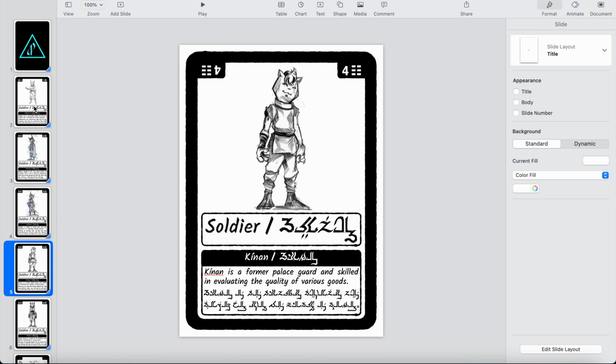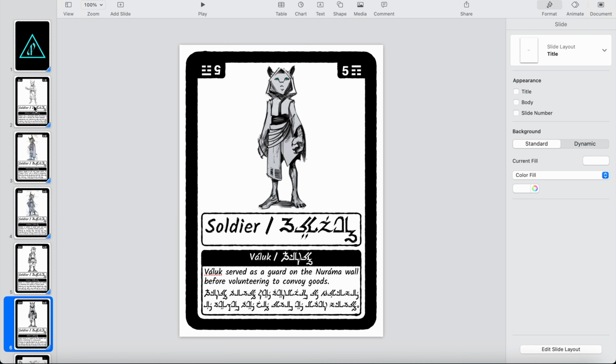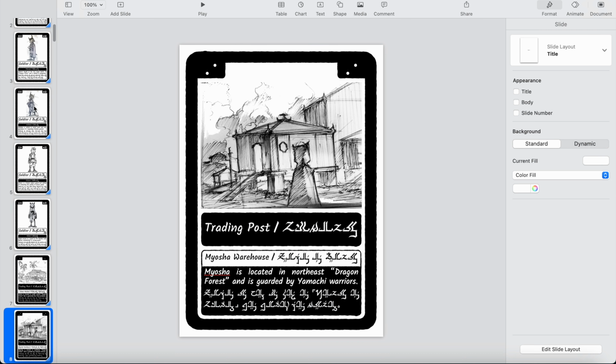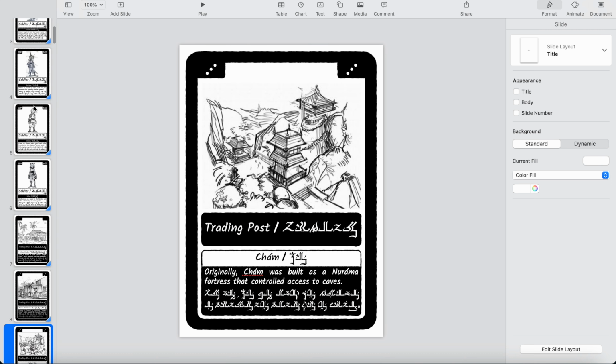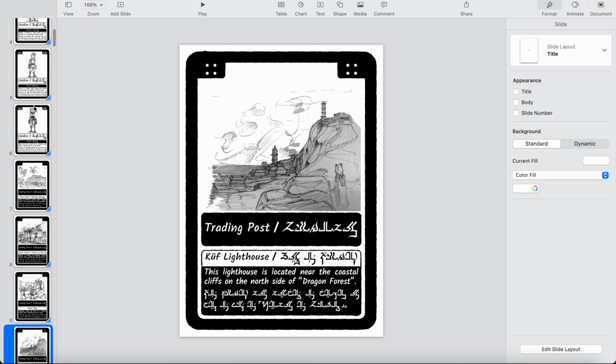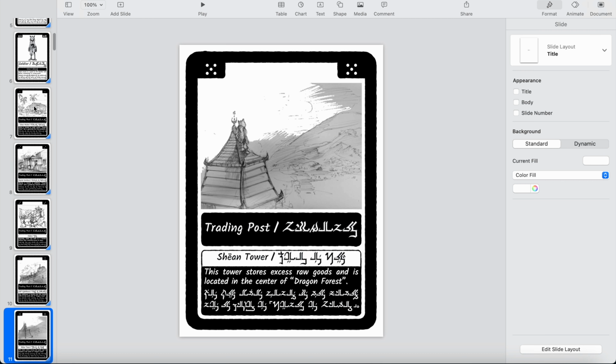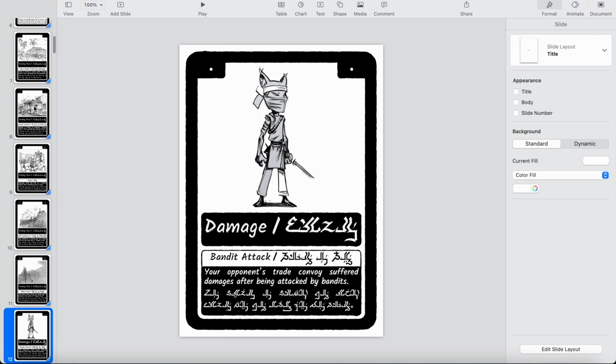In this video, I'm making an item card and will be adding text in one of my constructed languages called Narama. I consider myself quite novice, but I hope this video offers some insight for anyone else working on a similar project. This screen recording is of me working in real time, and the illustrations in the cards were made by my friend, Maurice Wegelow, so I want to give him a big shout out.